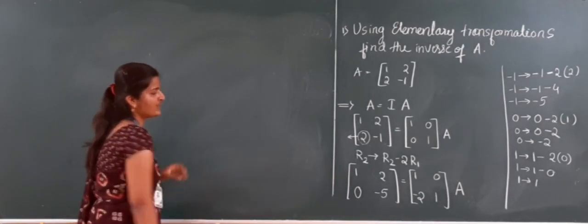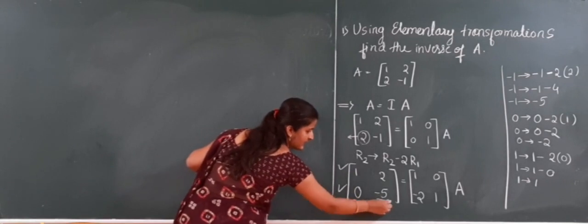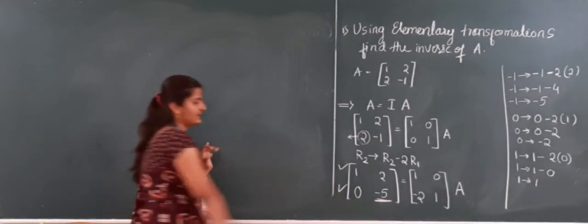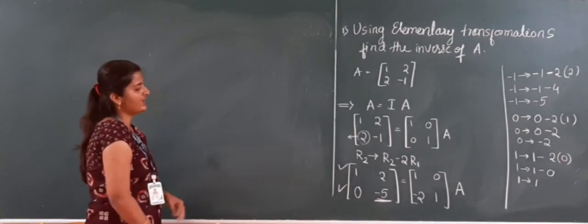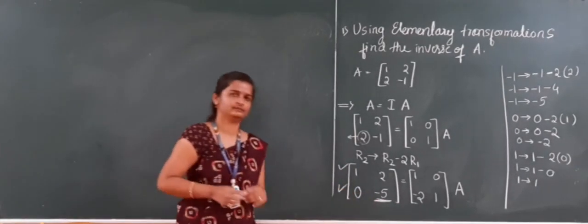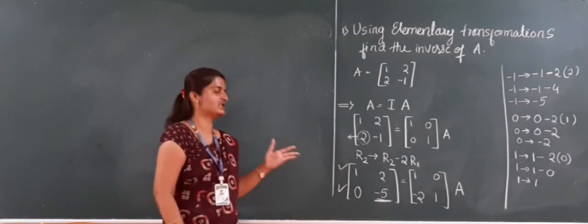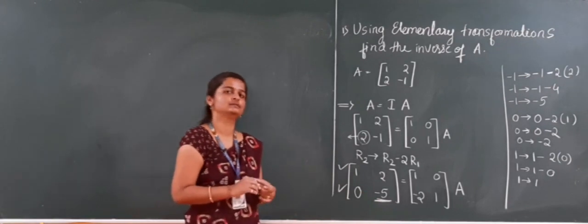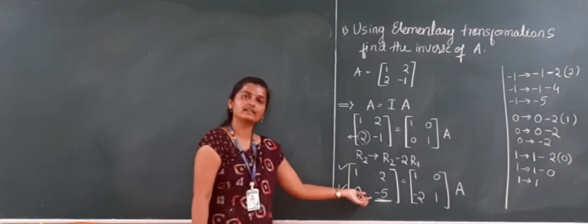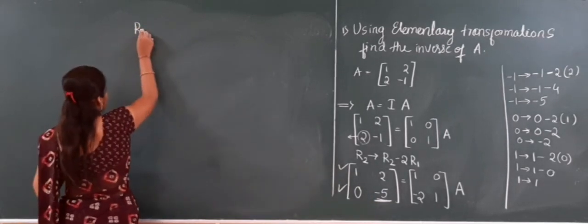So next one, this is over, 1 became 0. Next I have to convert this, for the identity matrix, 1 0 1. I have to convert that to 1. So how can I convert this to 1? See here, the first row transformation, interchanging rows, is not suitable for this one. So what should I do? Can I use the second one? What does the second operation say? I have to change the R2.